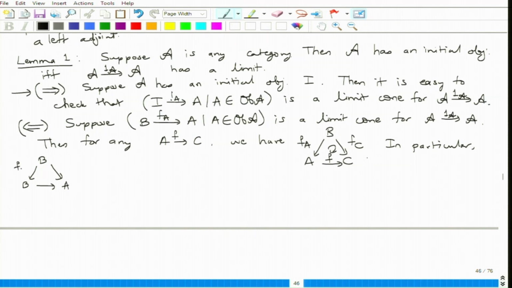Well, it's not FB. See, you just have to substitute in this diagram. This is FA and this is F. In particular, this commutes. And for any morphism, it commutes, for any A to C. So in particular, I choose this. In particular, this commutes. So therefore, by uniqueness,